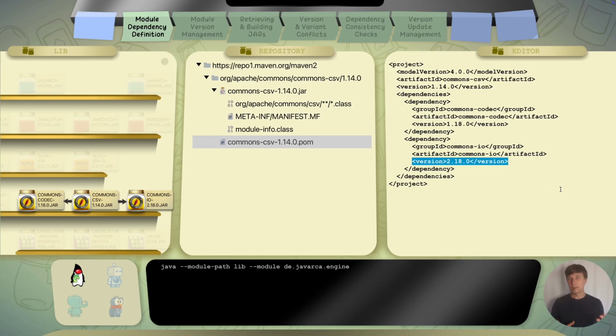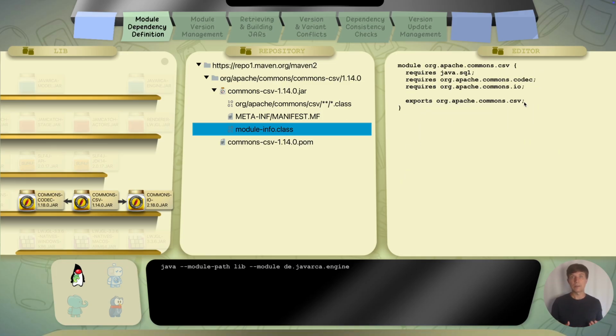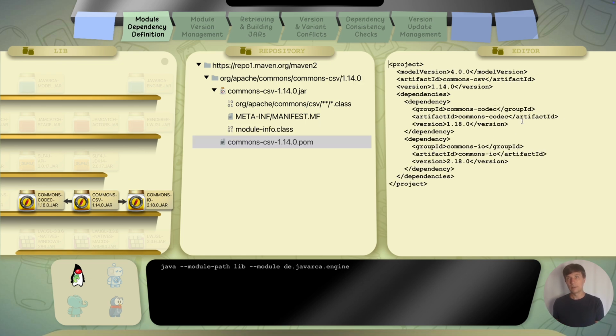So in summary, we see that there is quite some overlap between the additional metadata for external tools and the module info metadata. But the information about versions is important additional information in the metadata outside of the jar file. This is because the tool can use this information to get the right version for us. So if you imagine a very simple project that only depends on Commons CSV and you use that with a build tool like Gradle or Maven, the build tool will likely get you all the dependencies it needs automatically because it knows all the information from this metadata.